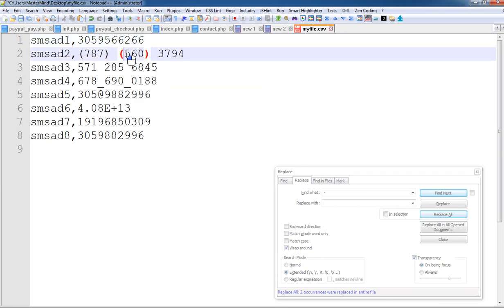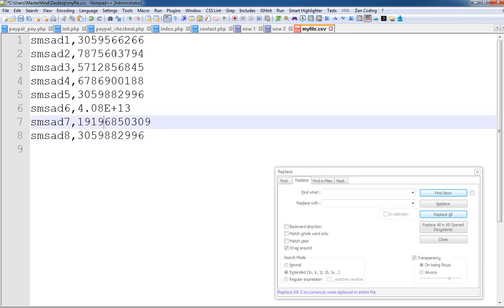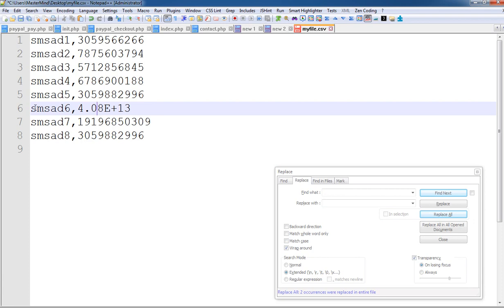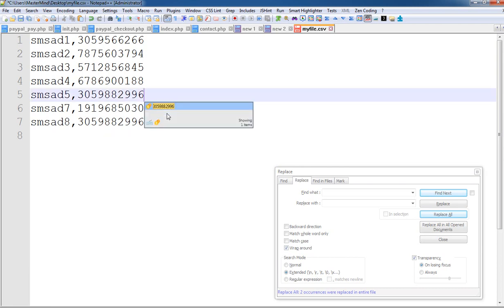Once you clean it, it will look like this. Now take a look at this. This number is more than like 11 digits or something. Okay, so I will remove it, and now I will open the file again with the